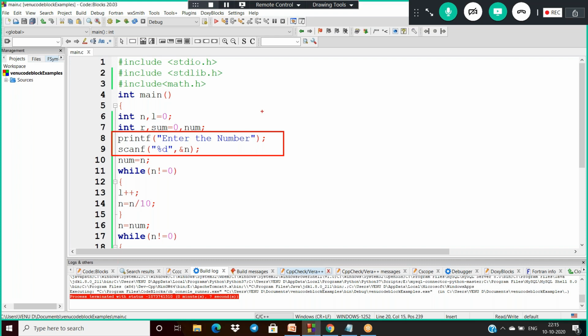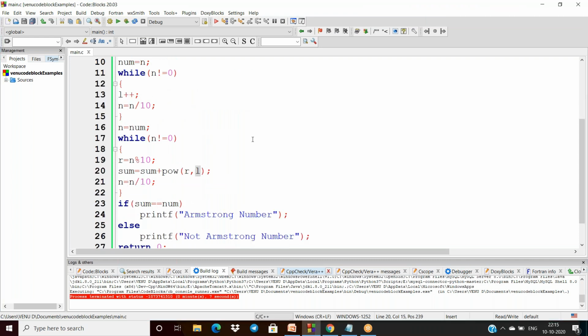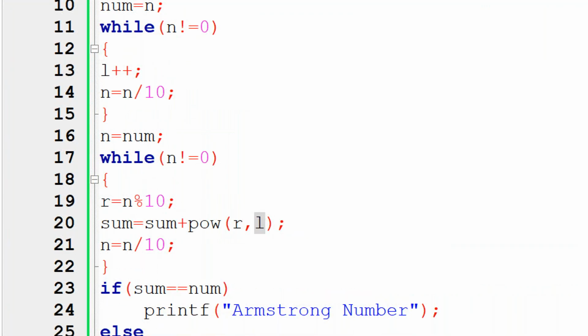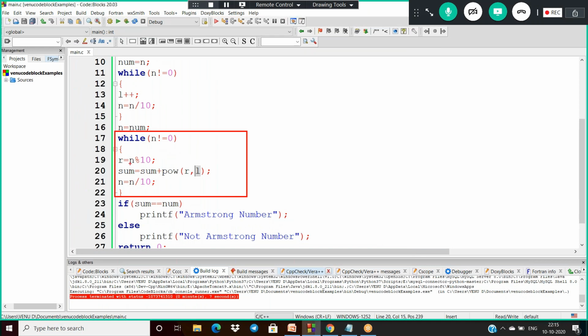This is for reading the number. Next, to find out the length of the number, I am taking this. And this approach is used to find the sum. After computing the sum here, the sum is compared with the num. That's all.